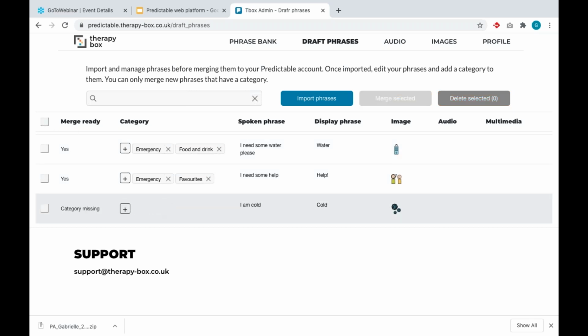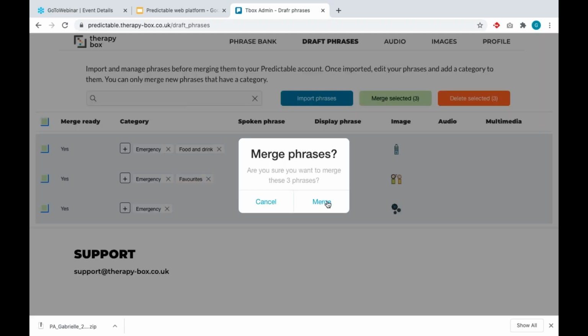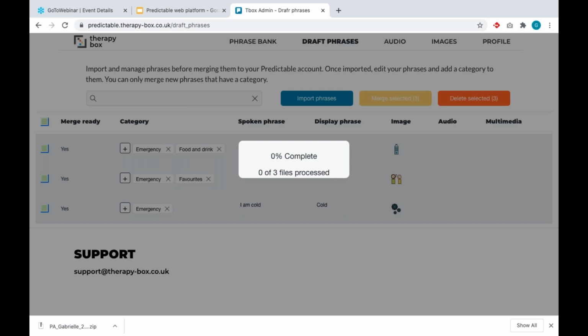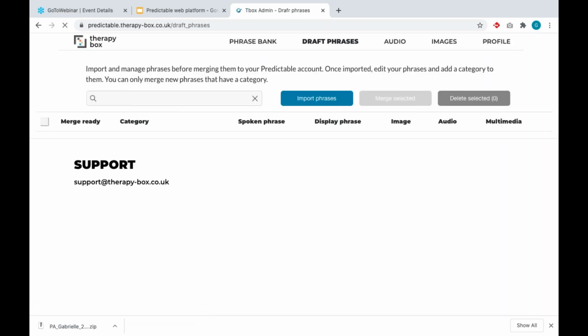For example, if I delete this category, you can see that I won't be able to merge it because the category is missing. So I'm going to re-add the emergency category. And now this phrase is ready to be merged. So I select, and then I select merge selected, and I confirm. So these three phrases have been merged to my Predictable account.